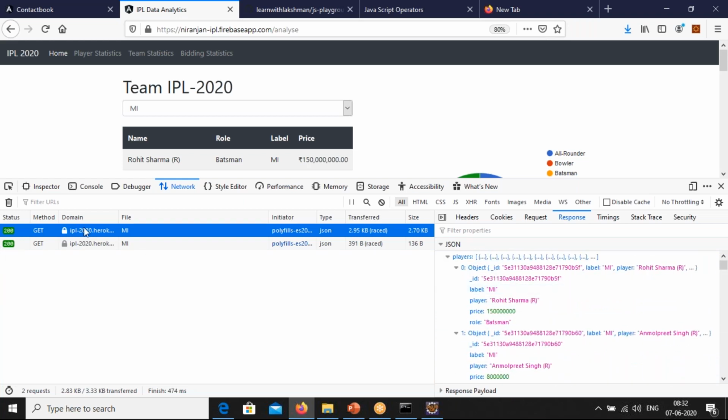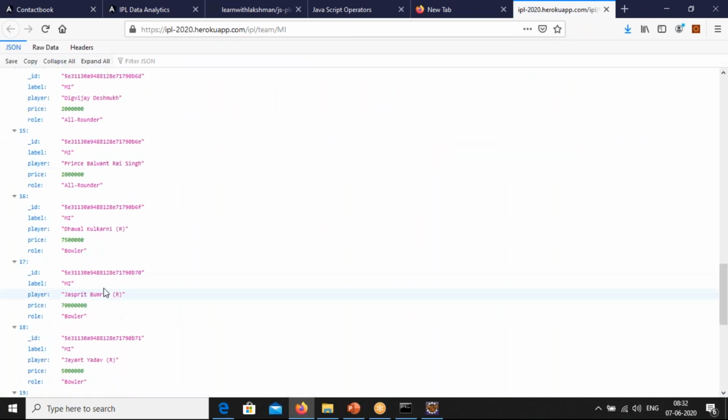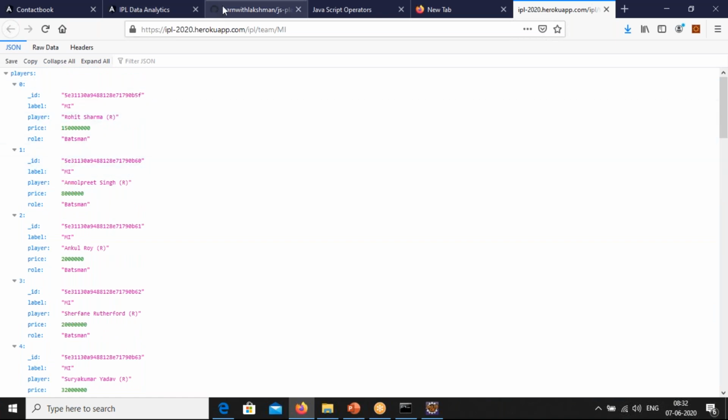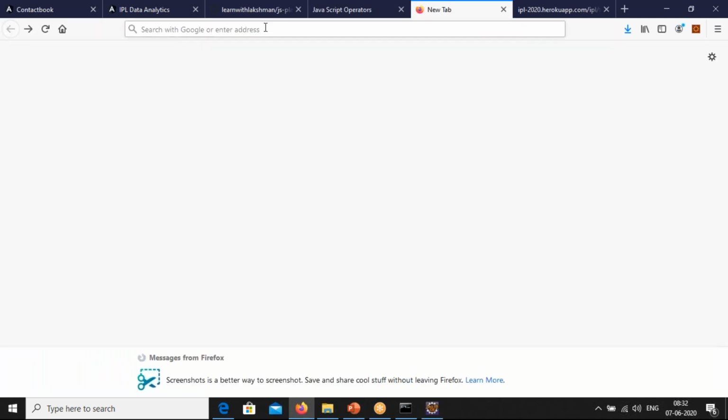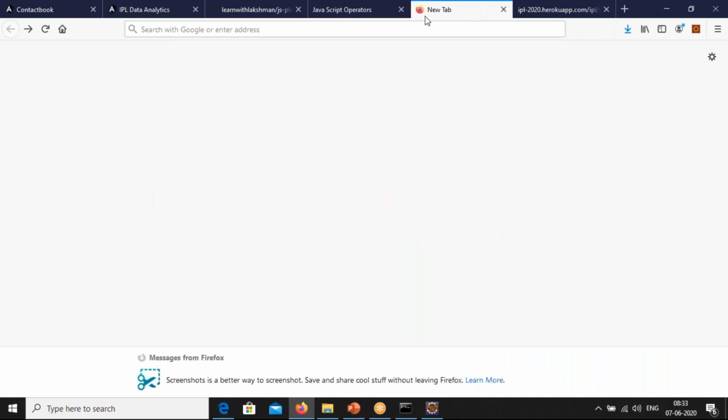This is getting from, it is making a call to this API. It is going to make a call. You can see here, this is the data you are going to get it here. This data is difficult for the user to read, and this is the data we are going to display as a response. Yeah, this is the same data, whatever you got here.